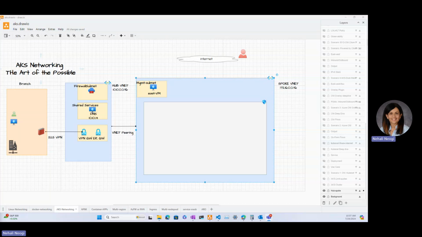This video is part of a playlist on AKS, Azure Kubernetes Service Networking. What you see on my screen is a layered architecture diagram created using draw.io. I've created detailed videos on how to create this, so if you're interested in learning more about it, be sure